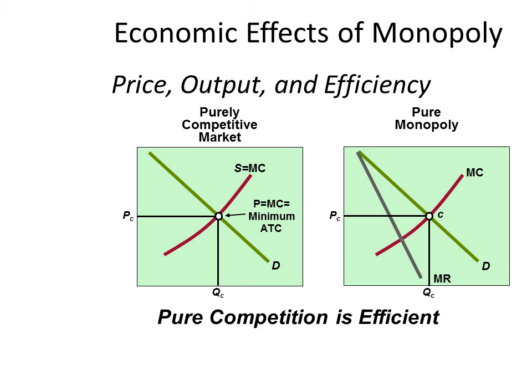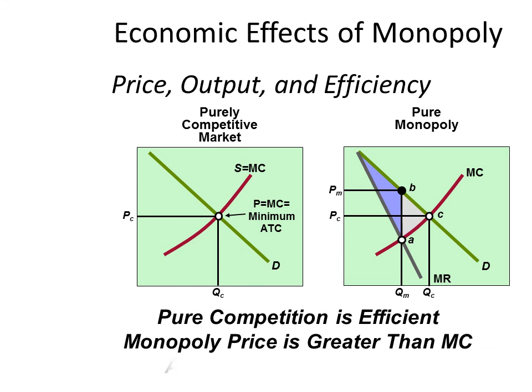Let's compare and contrast this to the situation in a monopoly. Notice, monopoly is a price maker. Right away, you notice that the monopoly price is higher than the purely competitive price. How does the monopolist achieve this higher price? Because there's only one producer, and the one producer can restrict output because they control the entire industry.